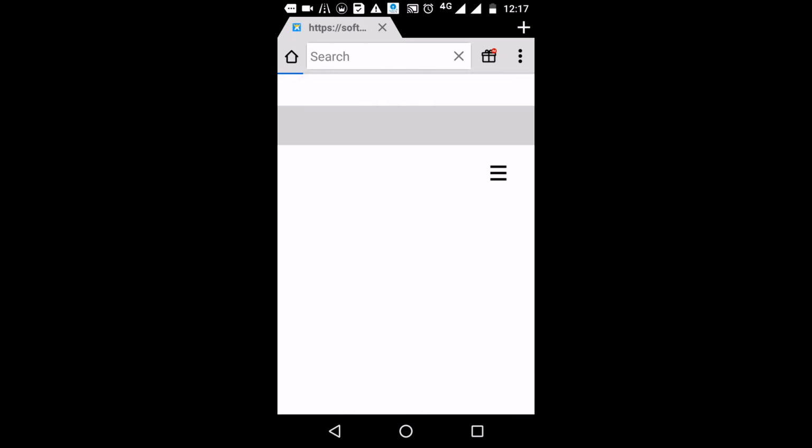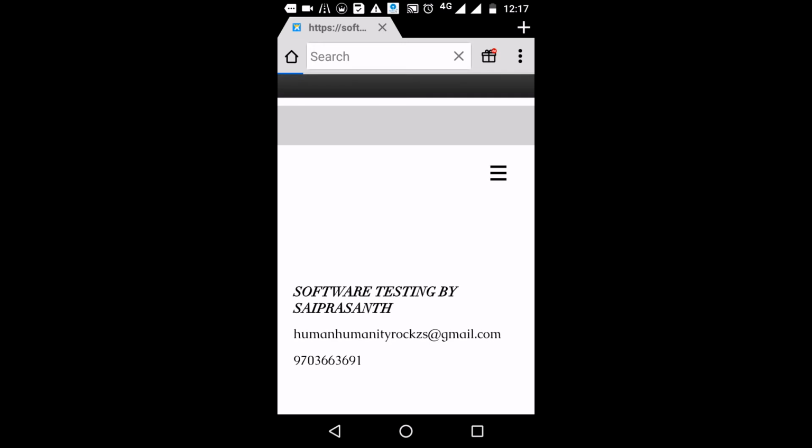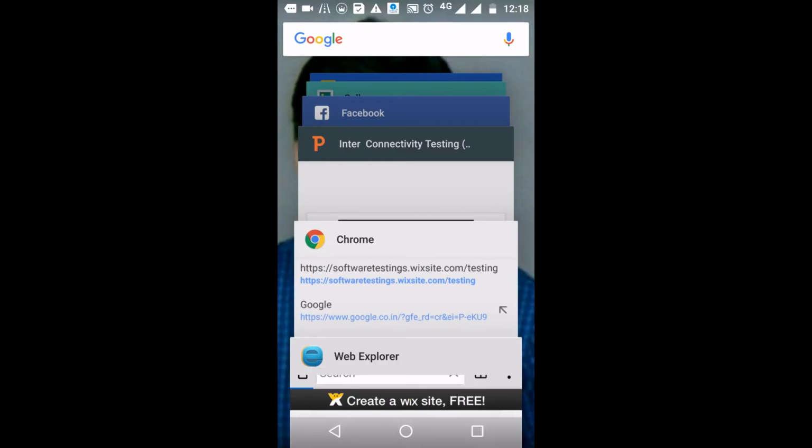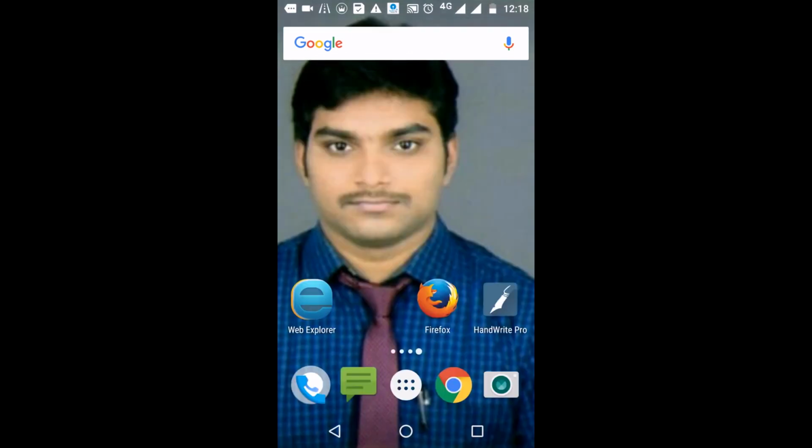Based on the available resources, I am continuing this tutorial on my mobile, please don't mind. See this website option. Our website is loading here. Our website is available now. See, it is working in Internet Explorer browser also. Now again we test it on the next browser. As a Scrum team tester, I tested the website in Chrome browser and Explorer browser. Now I would like to continue the same test in the Firefox browser.